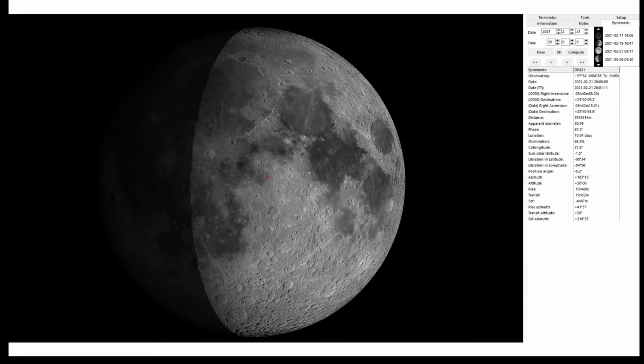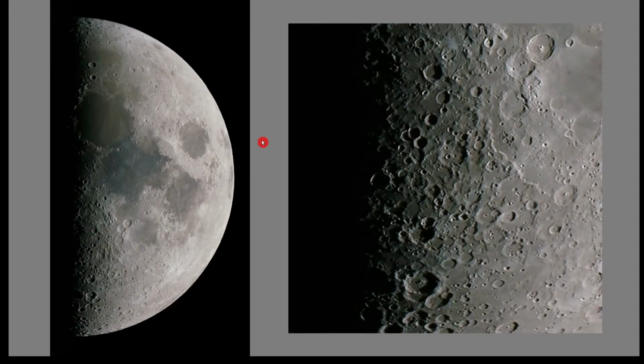Now, the important thing with the phases of the moon is the terminator, so this is the area of twilight, the area between sunlight and shadow, and this is the bit that lunar astronomers use. We can see so many features highlighted at this terminal point. Here's a couple of